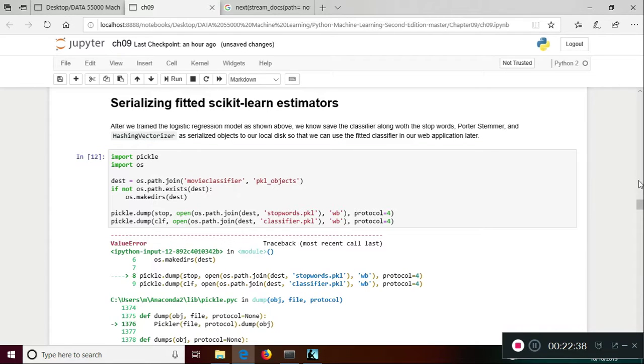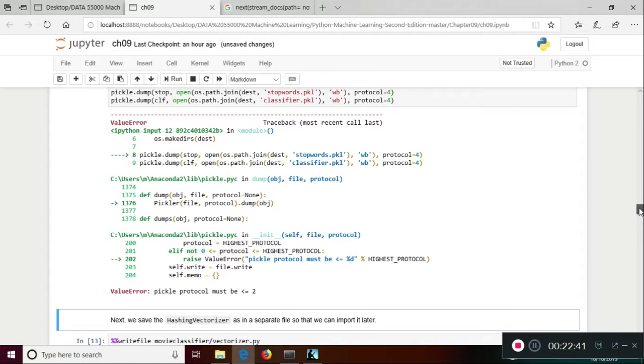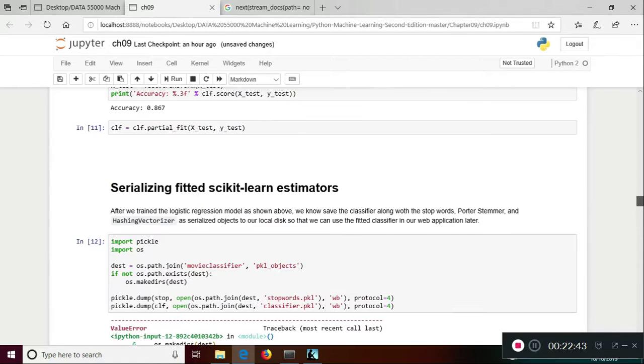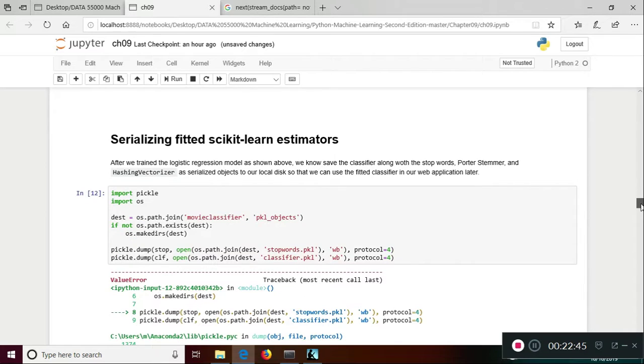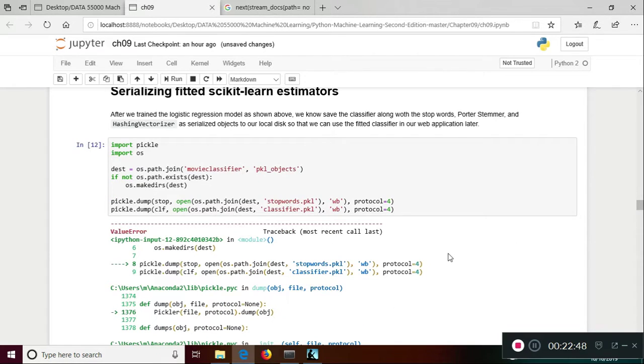It doesn't. And this time the error is less than or equal to 2. We weren't able to import pickle. So we can't